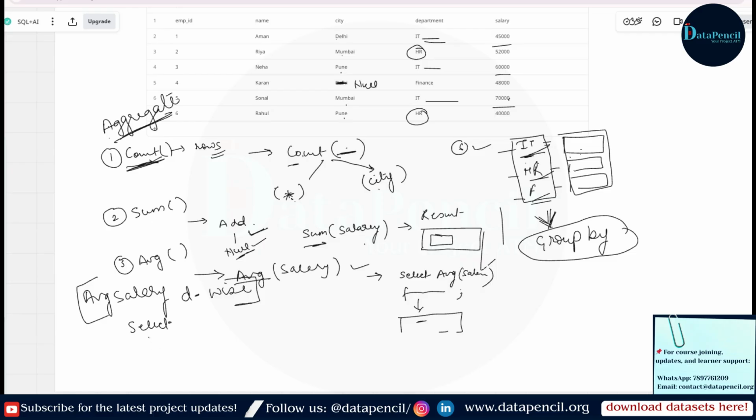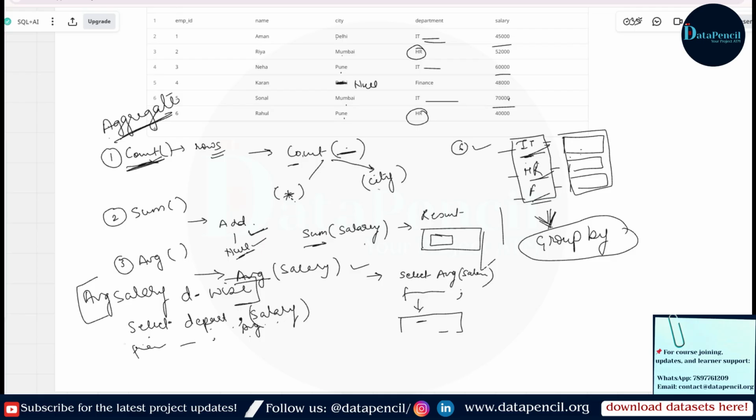So we will write select department column. What else? Salary column, but this salary should be average. So we will write here average: select department column, comma, average of salary. Now we will write our from employees part.